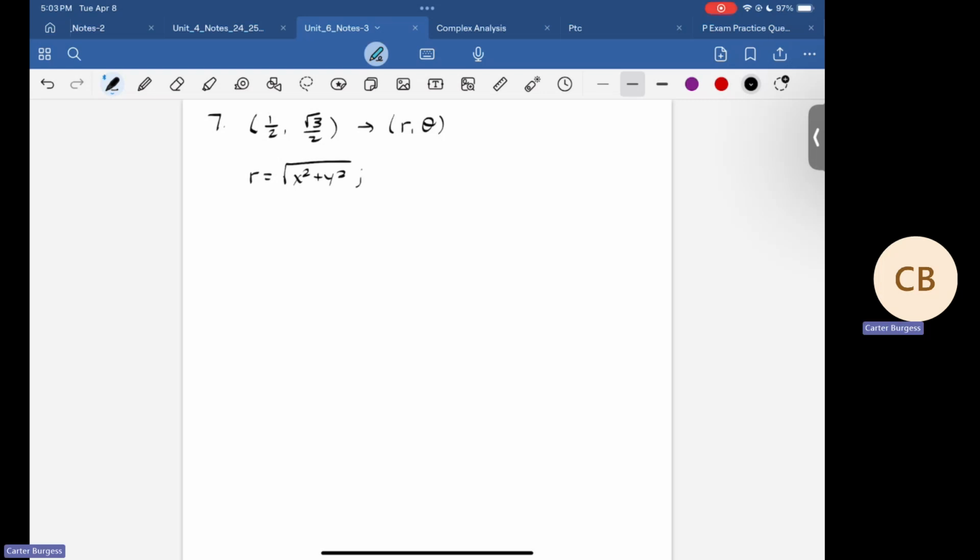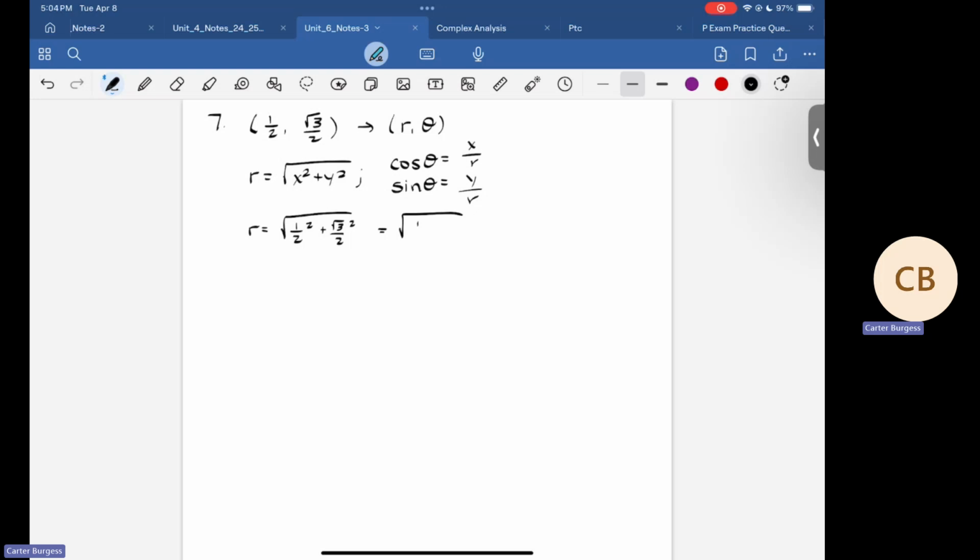And then to find theta, we set up 2 equations. We say, what is cosine of theta equal to? What is sine of theta equal to? And then this is either going to be unit circle, or we're going to use some kind of inverse trig statement in order to represent our theta. In this case, I get the square root of 1/2 squared plus root 3 over 2 squared,